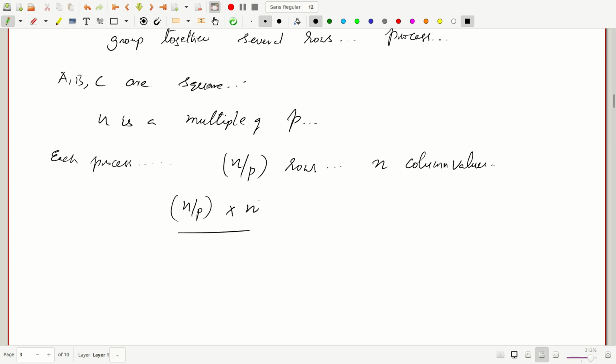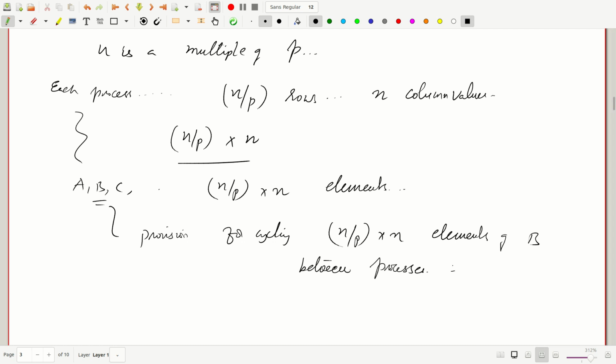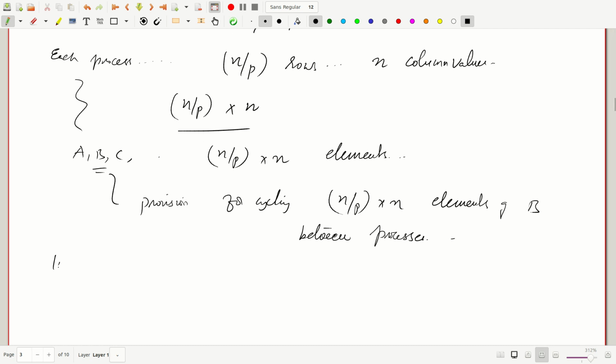But then that means A, B, C to begin with will hold n by P times n elements, right. And we also need to make provision for cycling n by P by n elements of B between processes, right, as part of the algorithm. Okay, so let us start the algorithm. That means initialize the n by P by n values of C to 0, and then